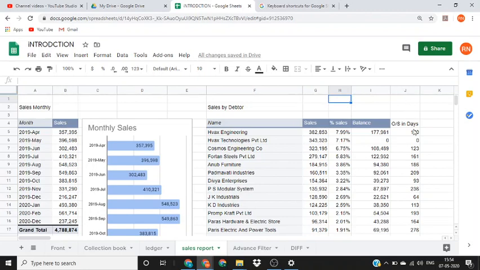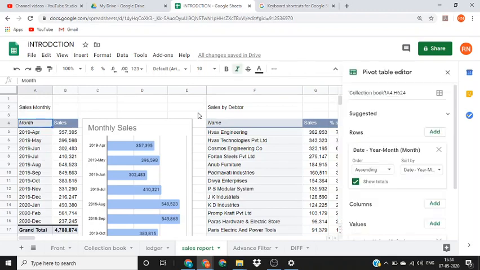So if your credit cycle is for 90 days and this number is above 90, then your debtor has exceeded the credit limit. And accordingly you can plan your collection, recovery or any decision that you want to make. In this sheet I have simply used pivot table and graphs where I have taken collection books data as a base.